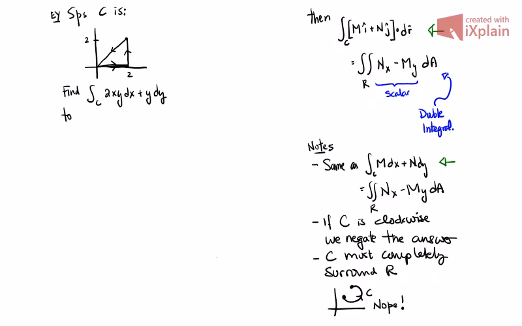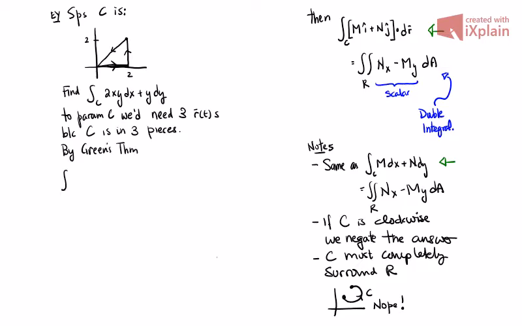Right? So to parameterize C, we would need, because we're not going to do it, 3 r's, because C is in 3 pieces, or 3 segments, if you like. So instead, let's apply Green's theorem. This would be 3 integrals if we did it that way. So instead, by Green's theorem, this integral that we want to do